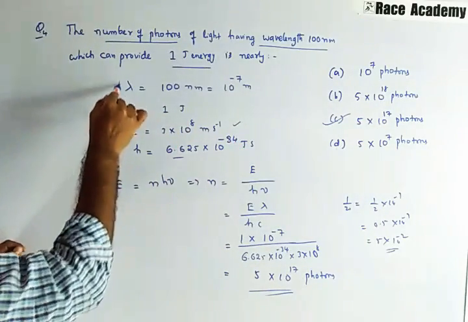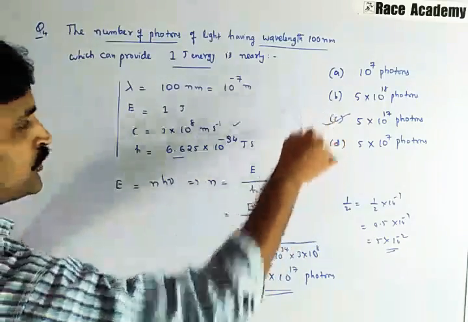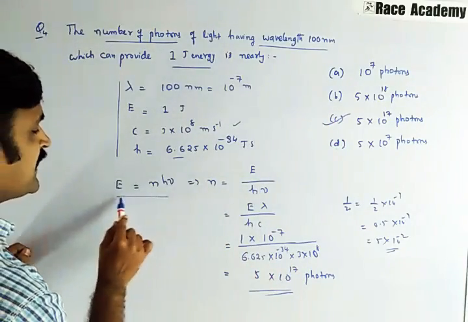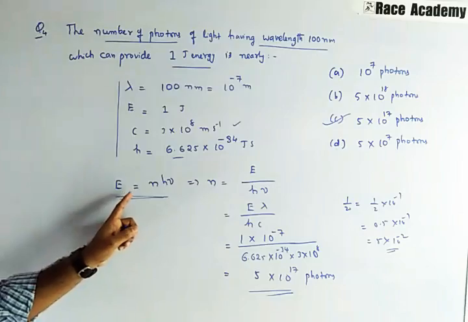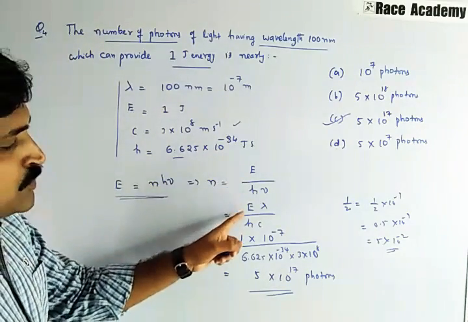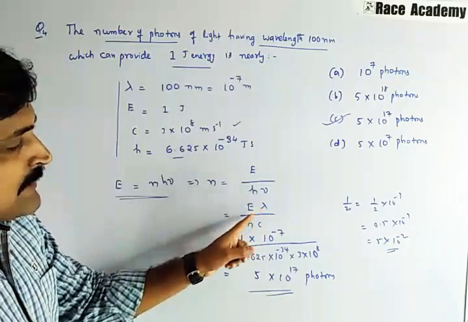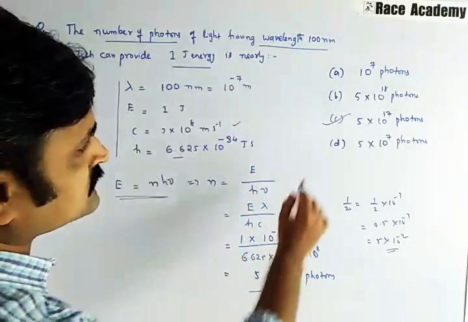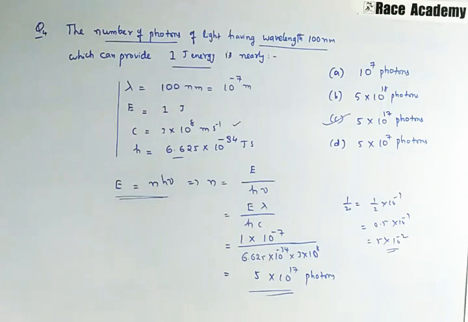So here we have prepared the data required for doing the calculation. In this we have taken Max Planck's energy value to find the photons, E is equal to h nu. That can be converted into N is equal to E into lambda by hc. Upon substitution we got the answer 5 into 10 to the power of 17 as the right answer.